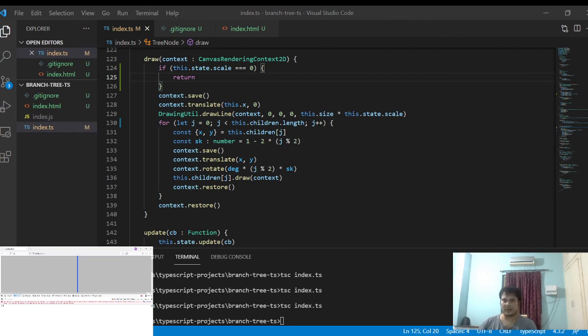Okay, so I'll show you how it is working, but currently I'm just able to draw the main line.